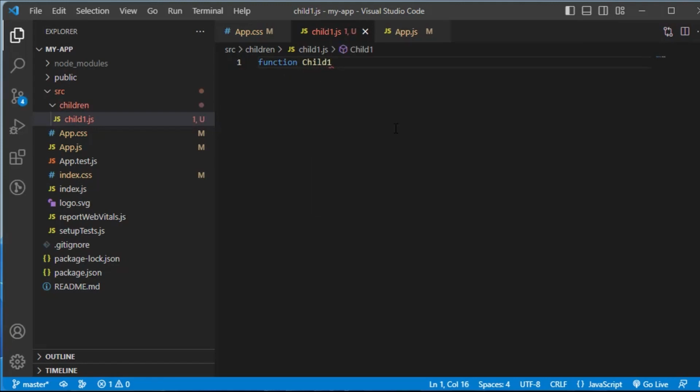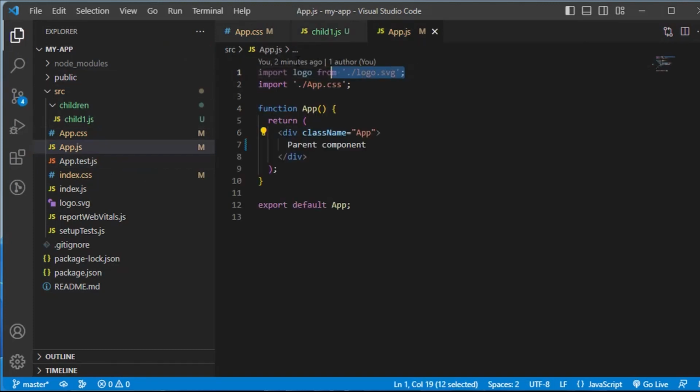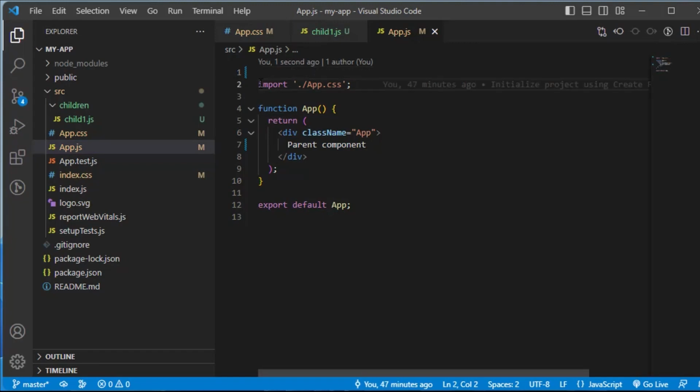Let's call it function child1, and let's return first child within the fragments. After defining the function, we also need to export it. So we can say export default child1,